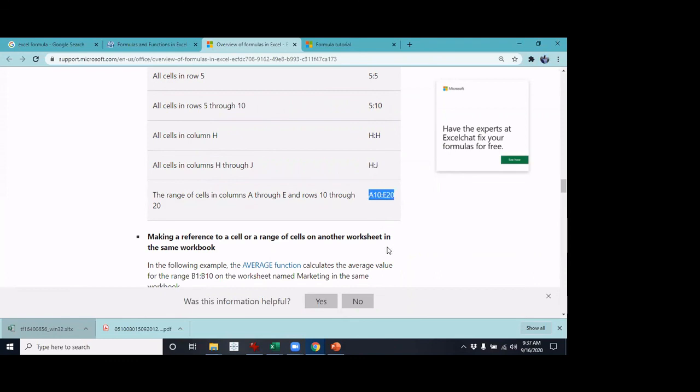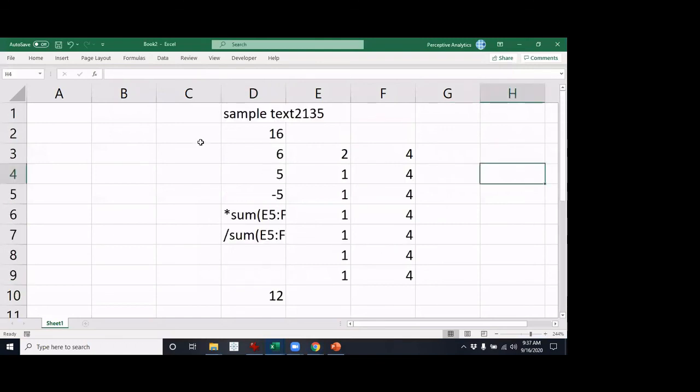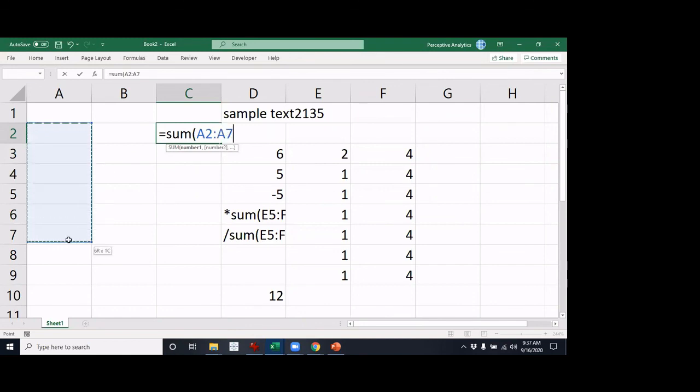I'll quickly demo this to you. Let's use the sum formula, which is a simple and easy formula. Equals sum. We talked about a single cell, that's clear. Some cells in a specific column, we discussed this.